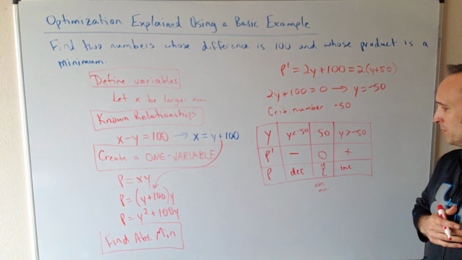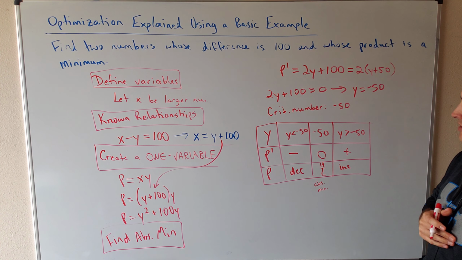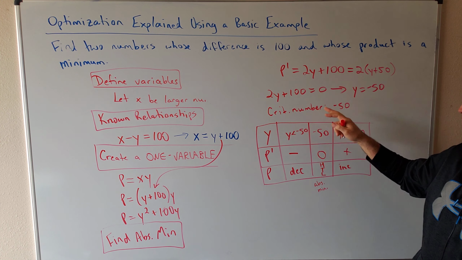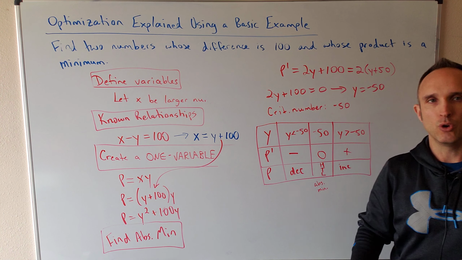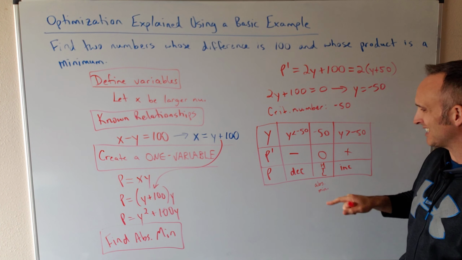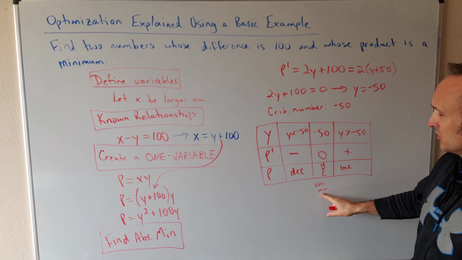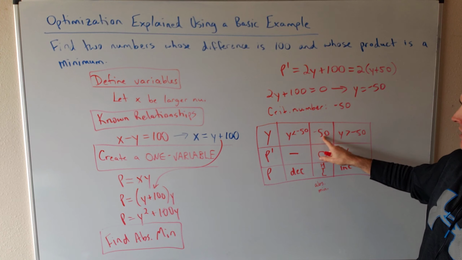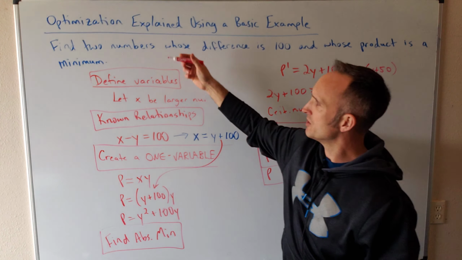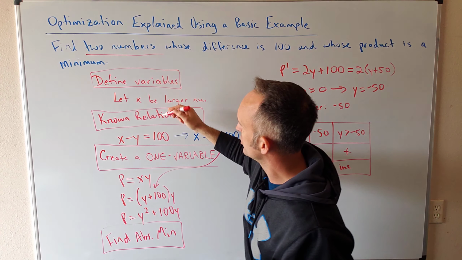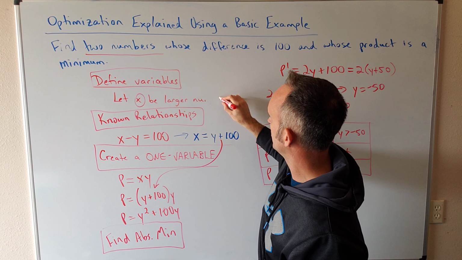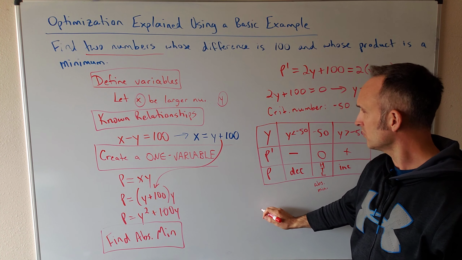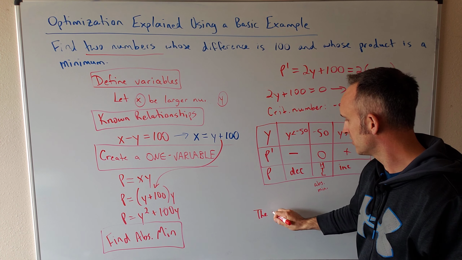We have an absolute minimum, has to be. This particular function is differentiable everywhere. It's a very simple polynomial function, so no weird behavior to worry about. This has to be an absolute minimum. So now how do we answer the question? We have an absolute minimum when y is negative 50. The question here is to find two numbers, and our two numbers are x and y, remember? So we already know that the two numbers